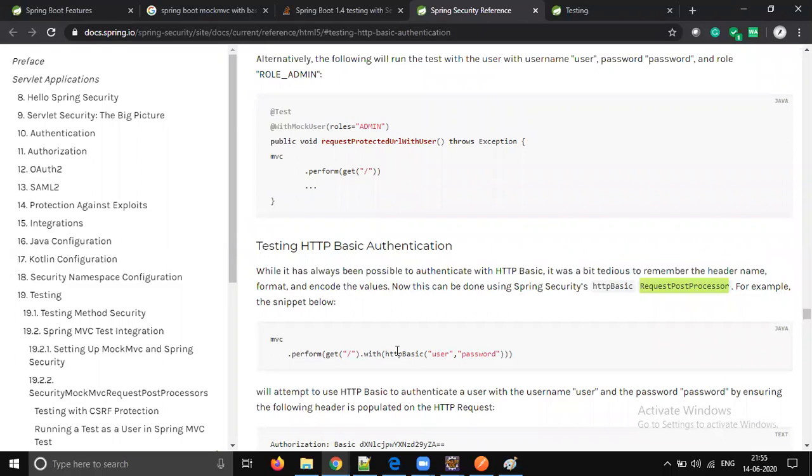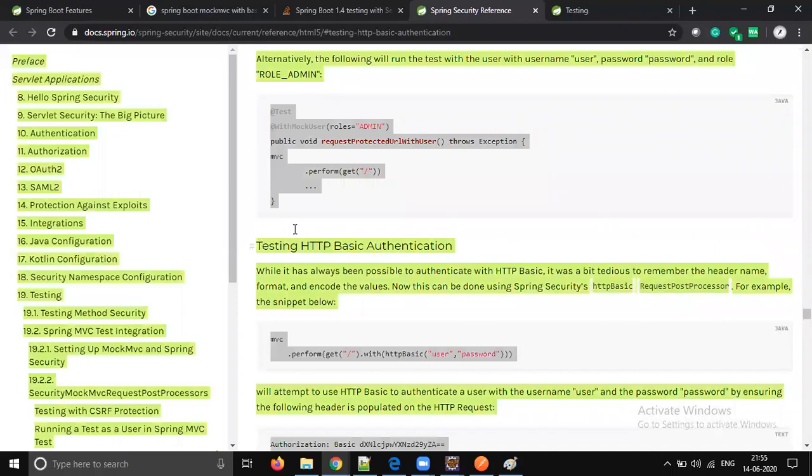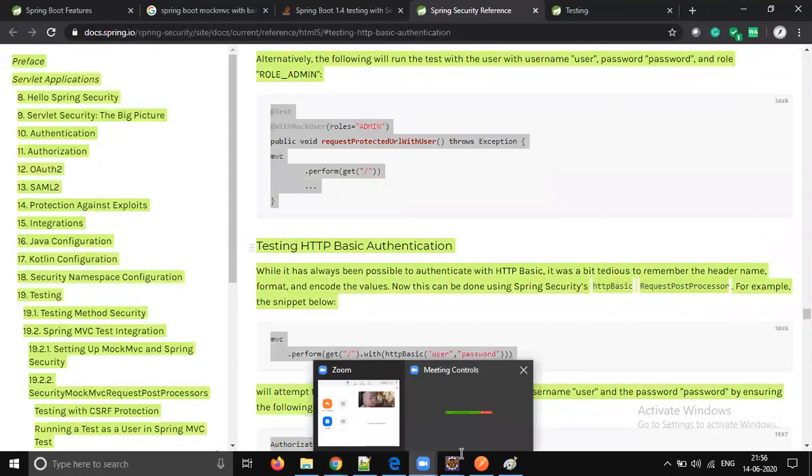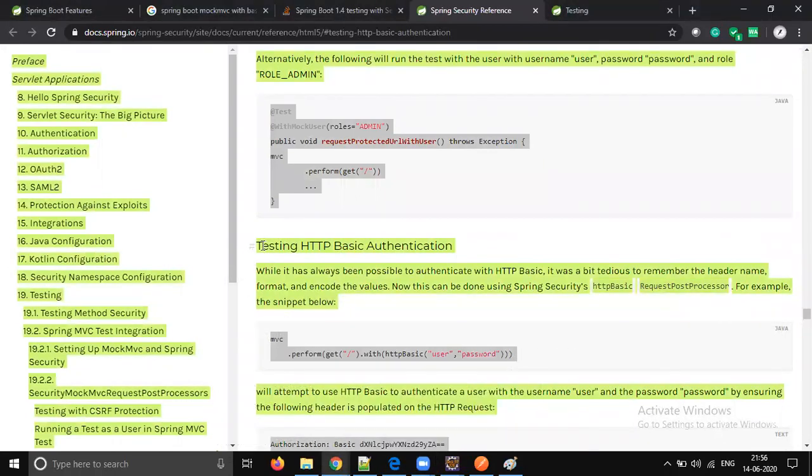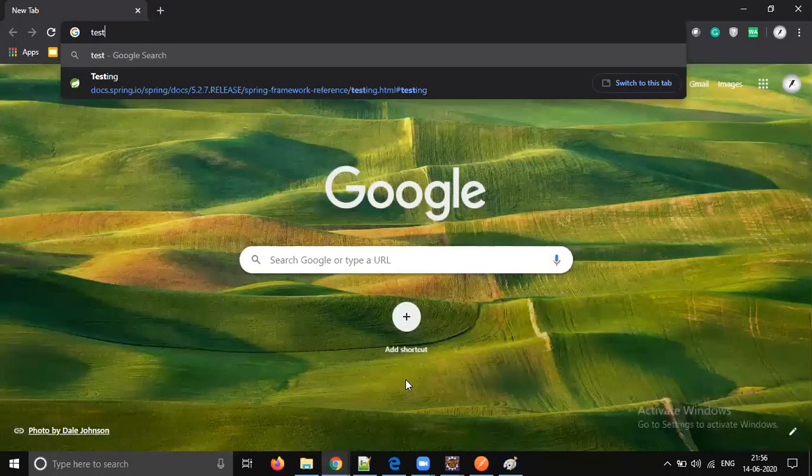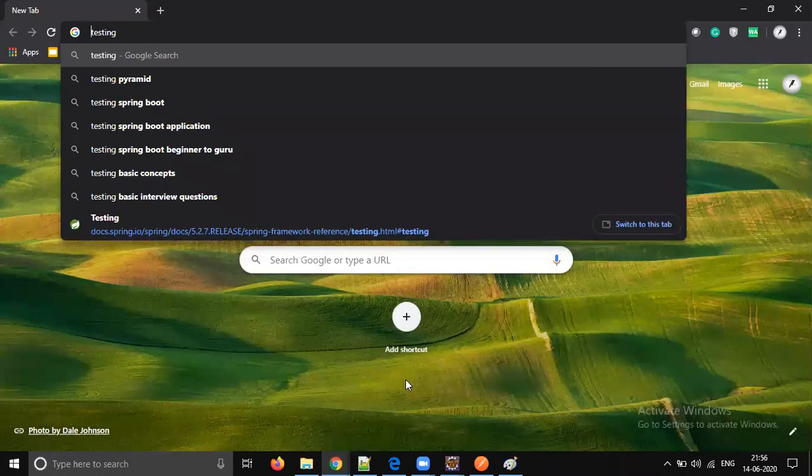Is there testing HTTP basic authentication? Oh, come on. Testing Spring Boot. Come on, guys.